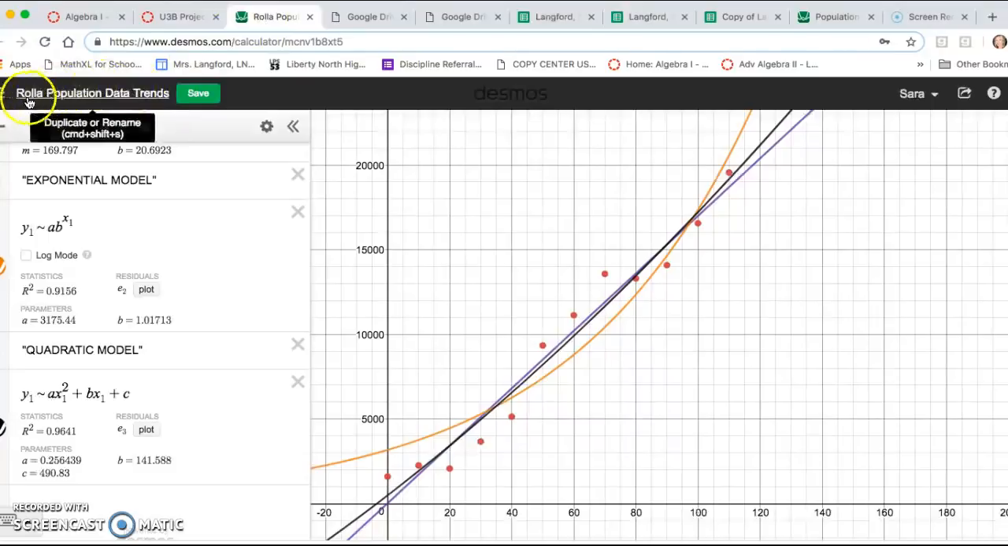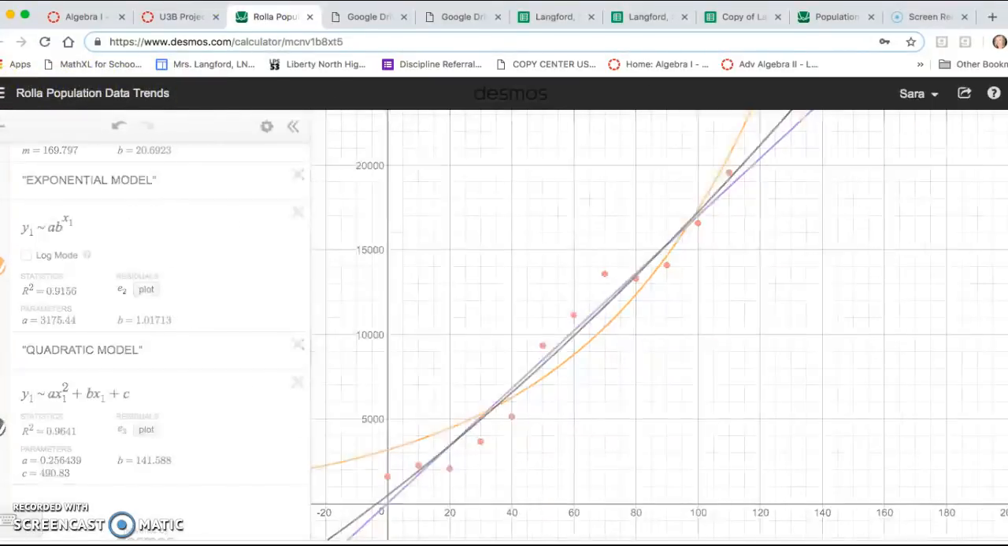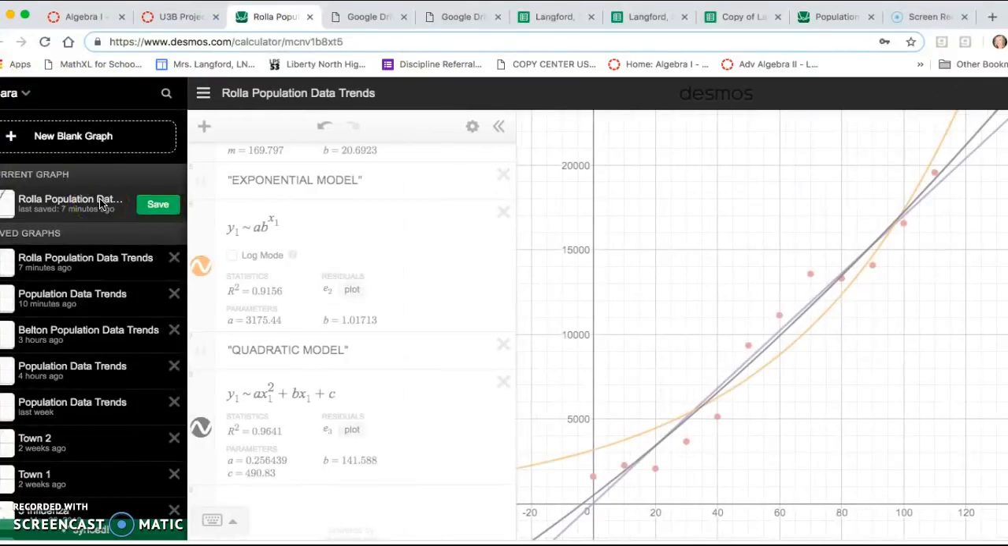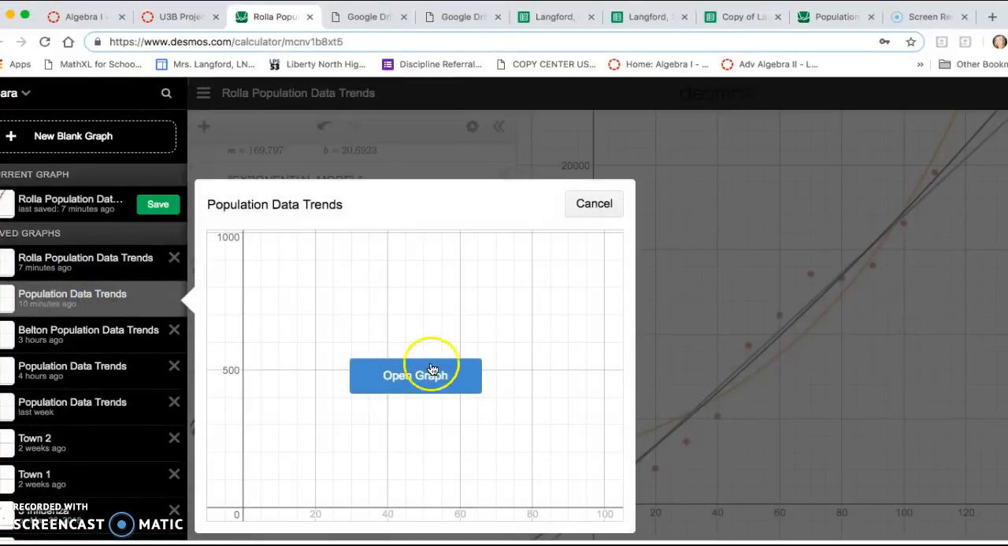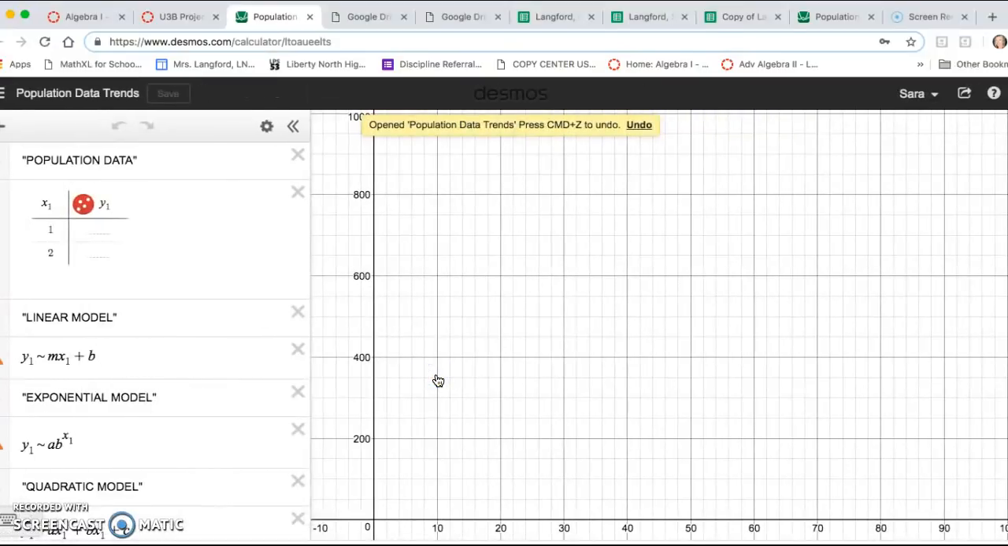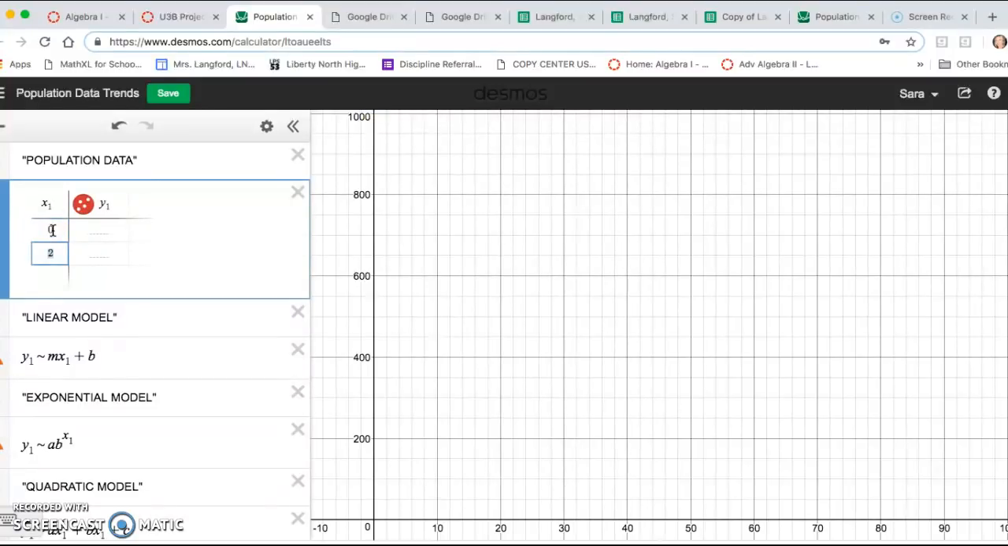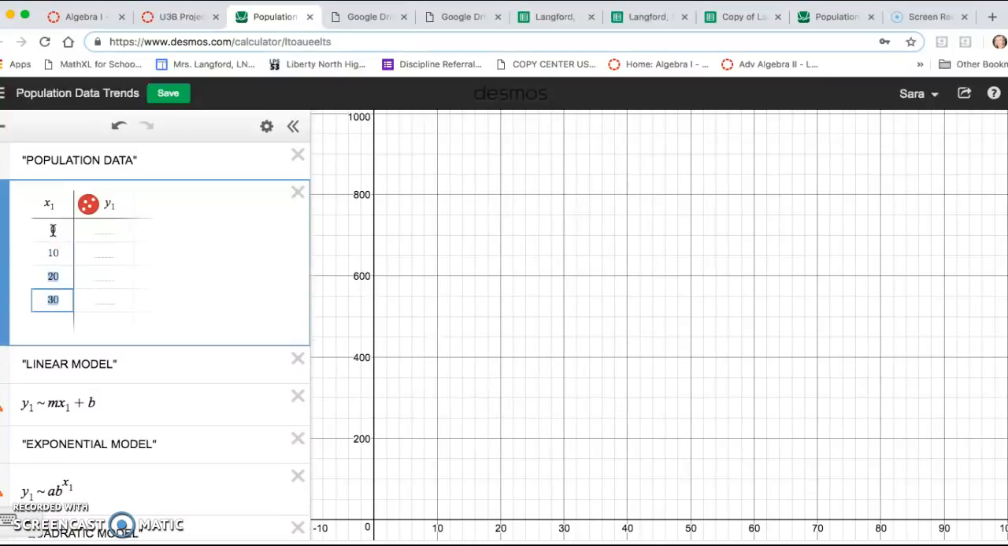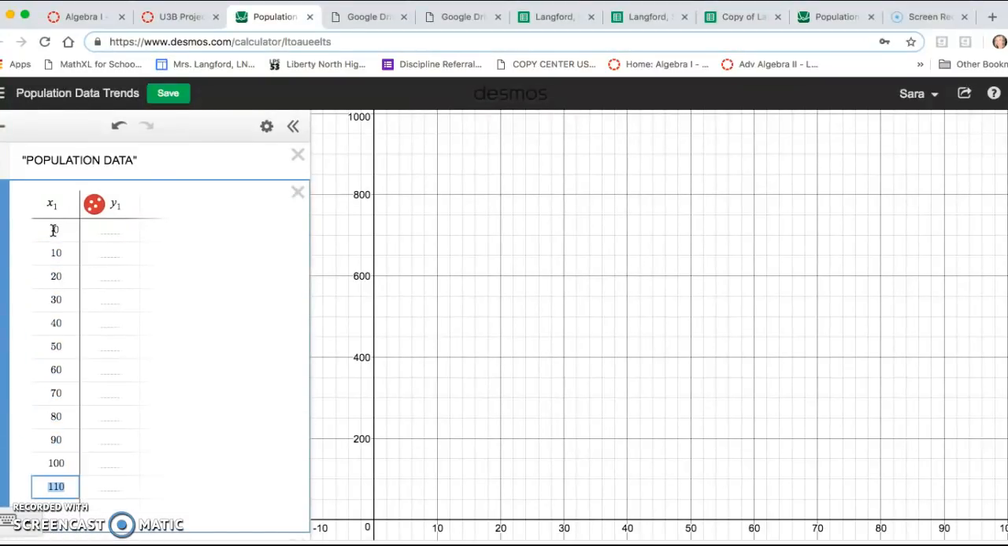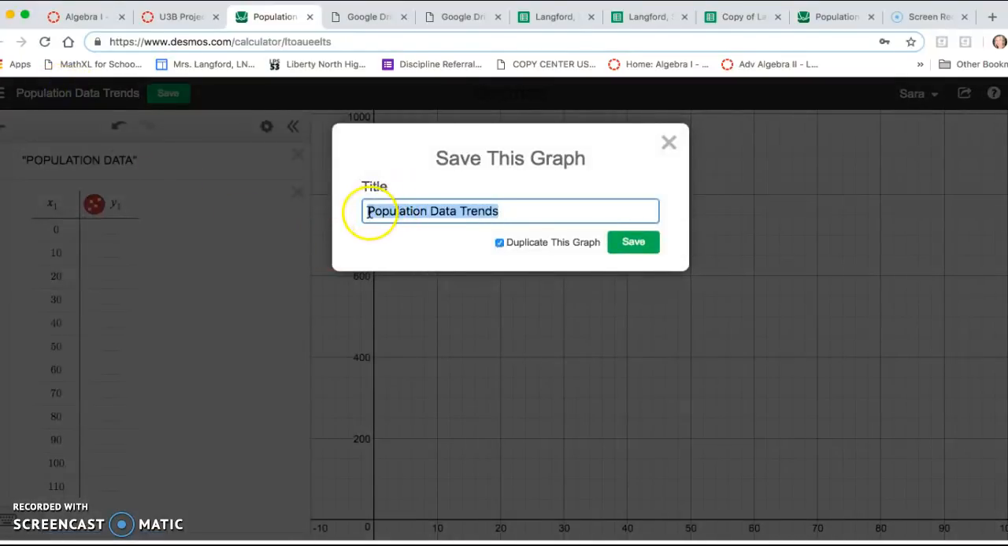So now I'm going to go over here and open up this, and I'm going to go to the population data trends, and that's just going to pull the graph up that is my template. And so I'm going to just start over and enter 0, 10, and then just continue on to 110. I'm going to enter data for my second town, which is Clinton, and then after I have that entered,